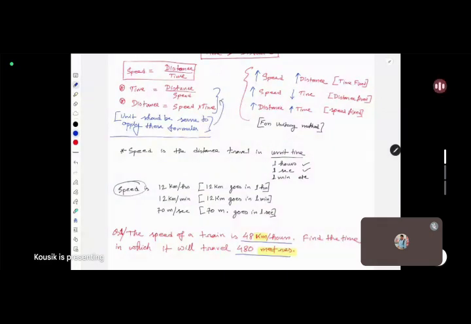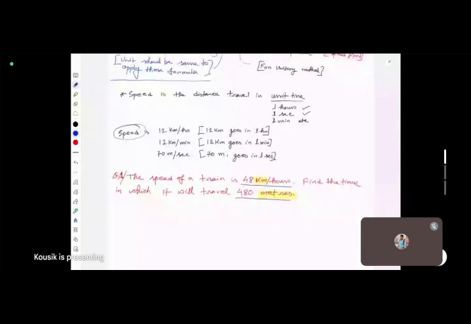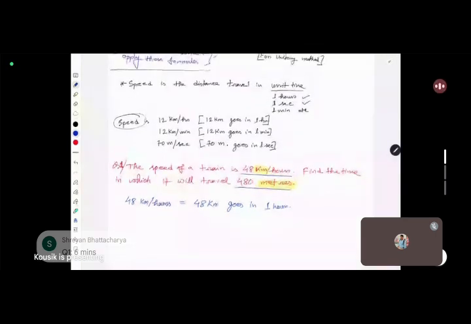ইউনিট দুটোকে সেম থাকতে লাগবে এই ক্ষেত্রে ফর্মুলা ইউজ করার জন্য, বাট এখানে যেহেতু ইউনিট সেম নেই, উই শুড ফলো দ্য ইউনিটারি মেথড। দেখো কি করছি, 48 কিলোমিটার পার আওয়ার, দ্যাট মিনস 48 কিলোমিটার goes in 1 hour. Okay, so distance and